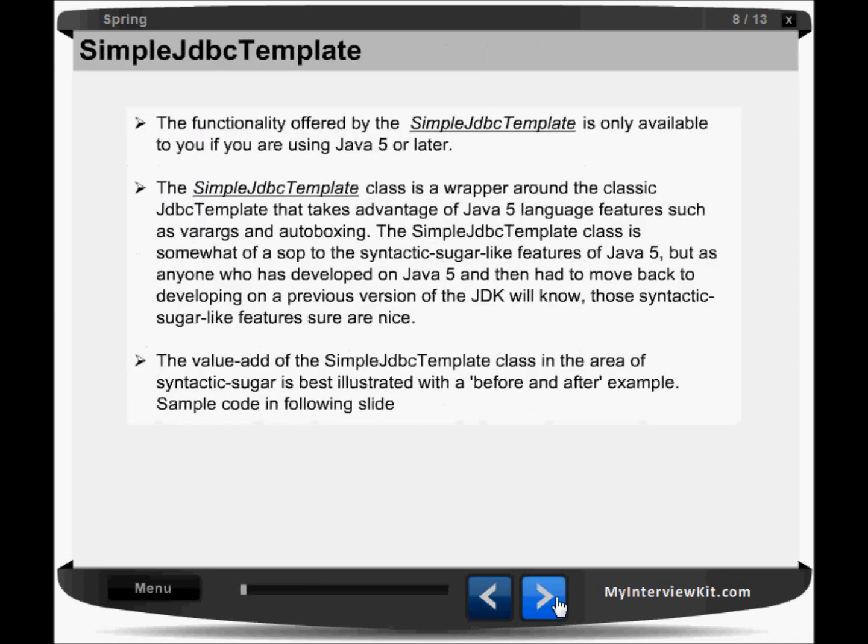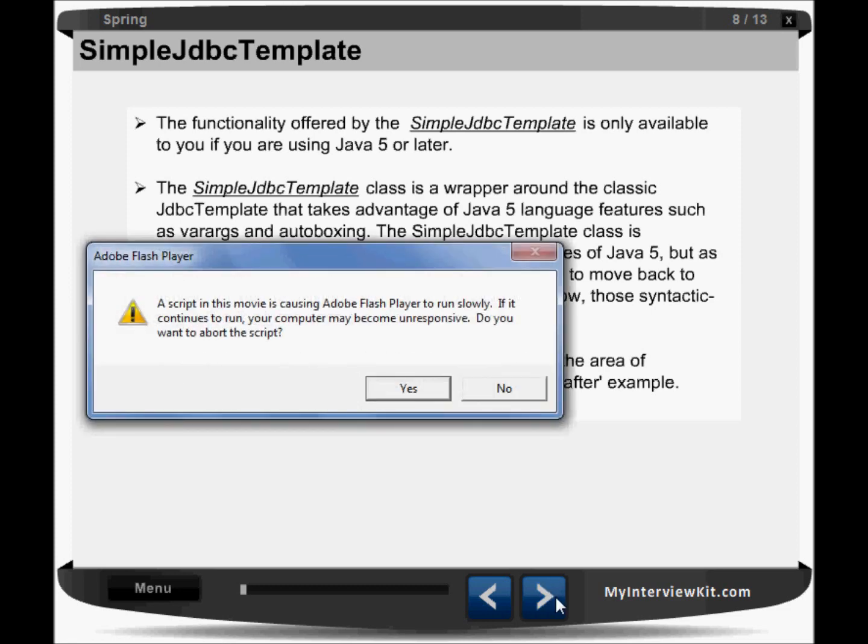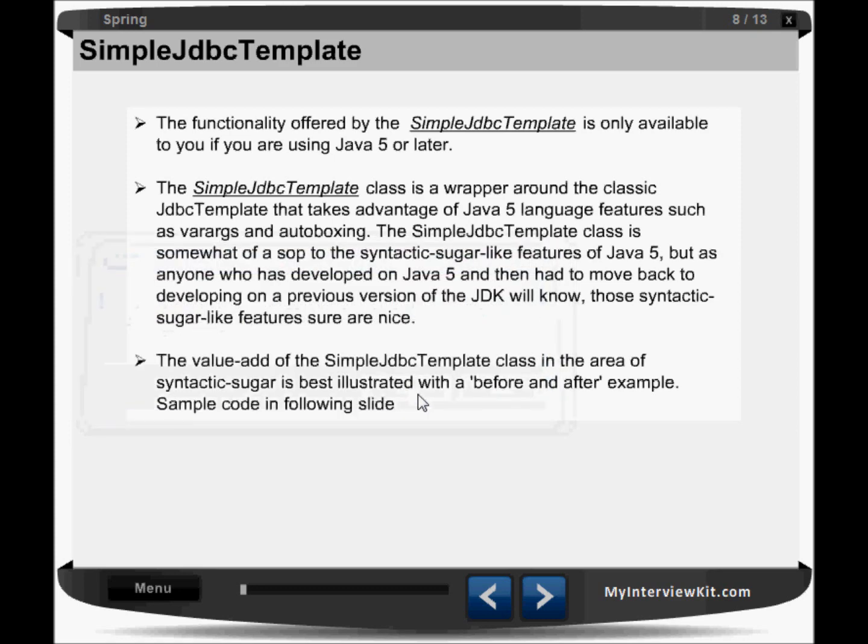The simple JDBC template is only available if you are using Java 5 or later. The simple JDBC template class is a wrapper around the classic JDBC template that takes advantage of Java 5 language features.